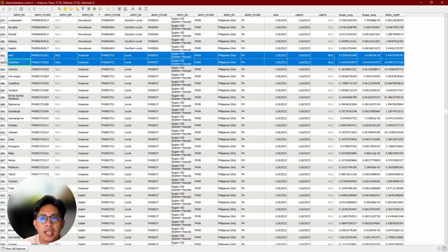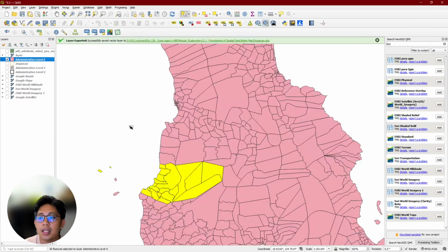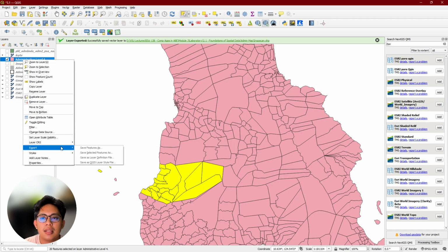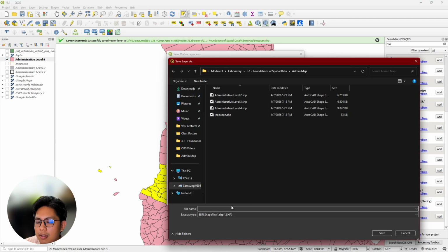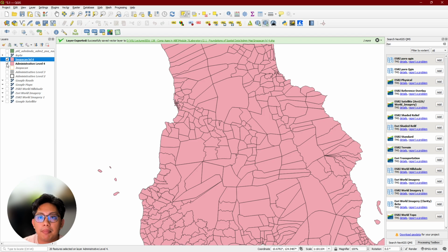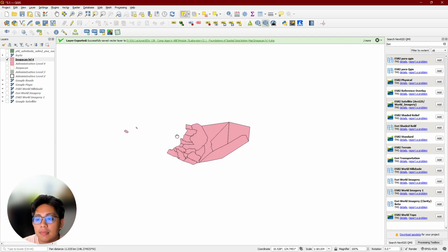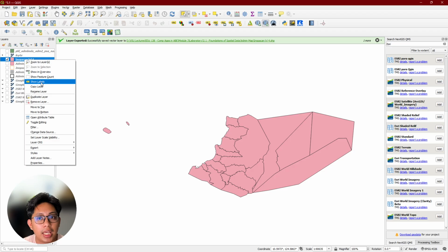So I'm gonna select all of the areas in Inupakan, minimize, save selected features, Inupakan level 4, and file to map, and it's already here. I'm gonna do the same thing again.